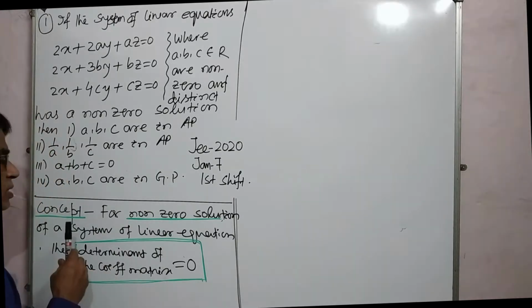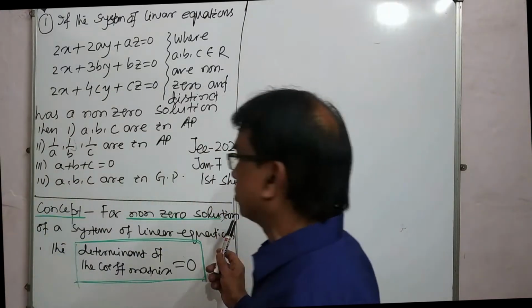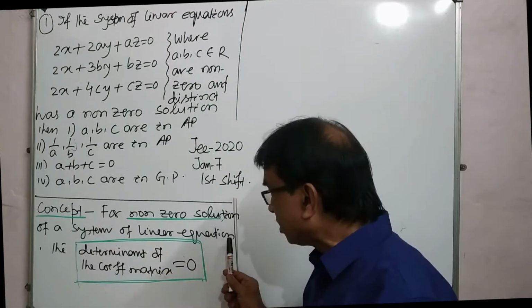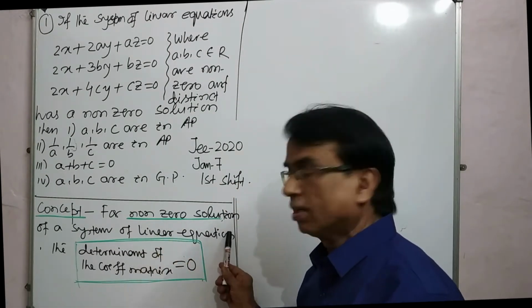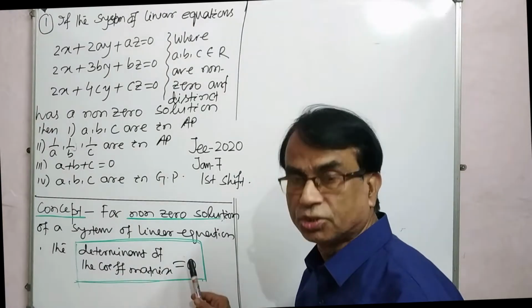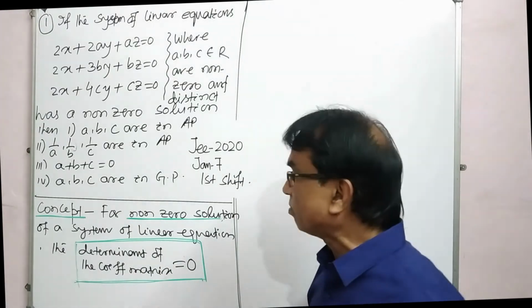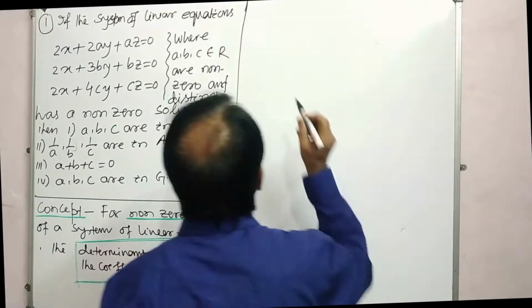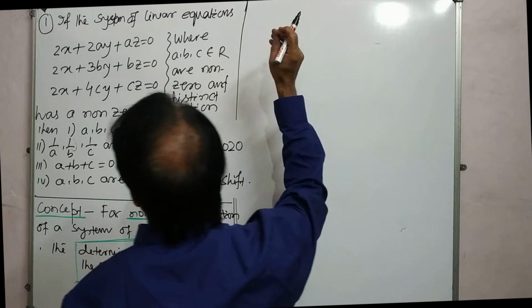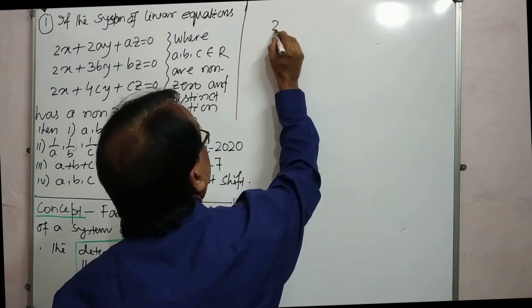Now, the concept. For a non-zero solution of a system of linear equations, what do you have? The determinant of the coefficient matrix should be 0. This is important. The determinant of the coefficient matrix. So, here the steps are not required, but the minimum thing that you have to do,